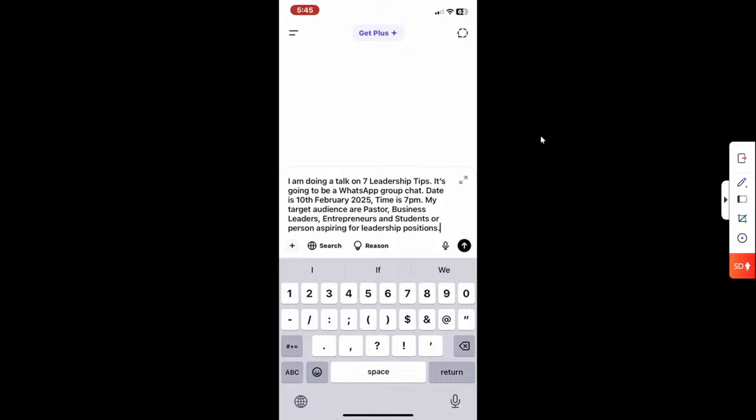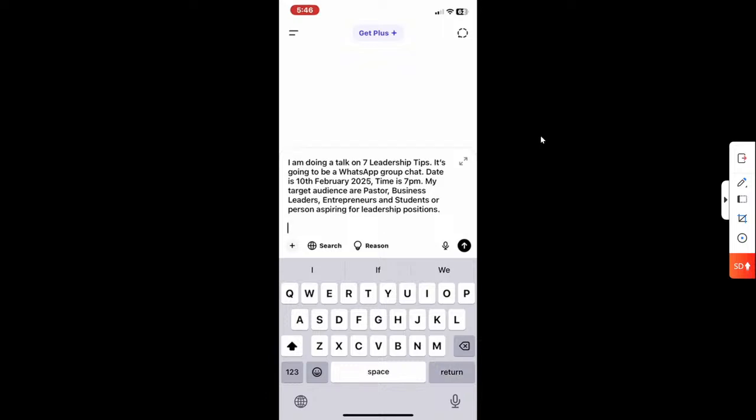Now, I have fed ChatGPT with the text, but it's not yet time for me to just say go, because I've not told it what I want it to do. All I've done is introduce what I'm trying to do. Then I will now go further and say, write